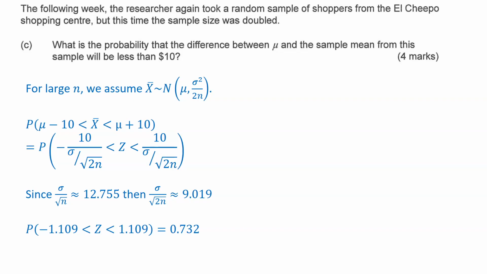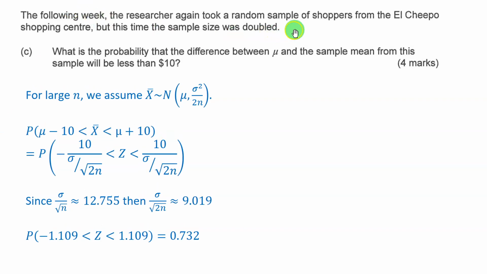And in this one, what's going on? The following week, we took another random sample, but this time the sample size was doubled. What is the probability that the difference between the population mean and the sample mean from this sample will be less than $10? So again, we don't know what the mean is. It's tempting to use the one from part B, of $175, but I think we'd lose marks if we did that. So we just know that the sample distribution is normal with a mean of mu,